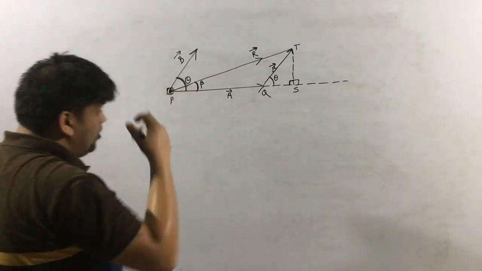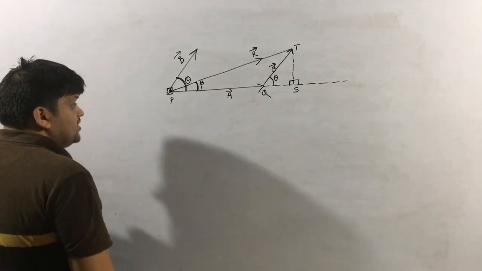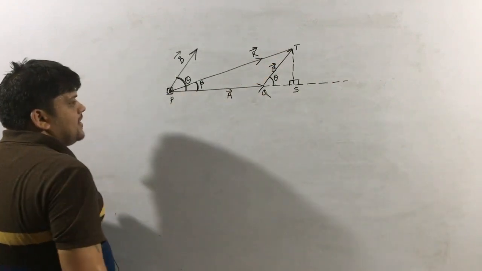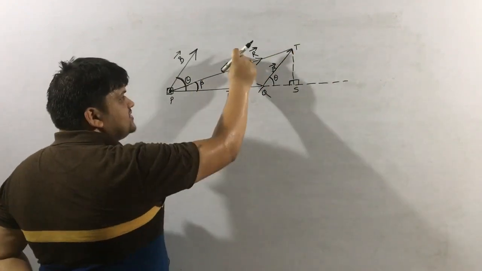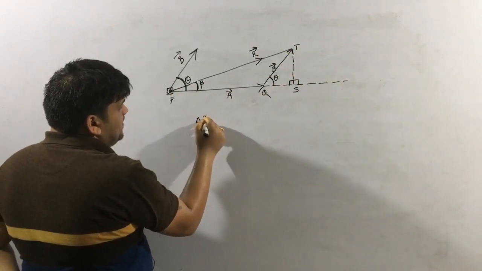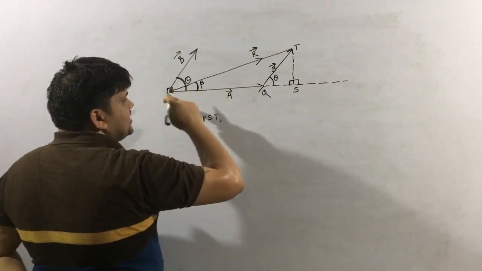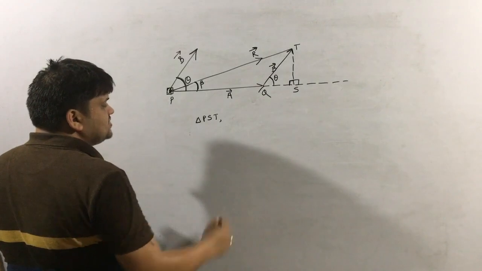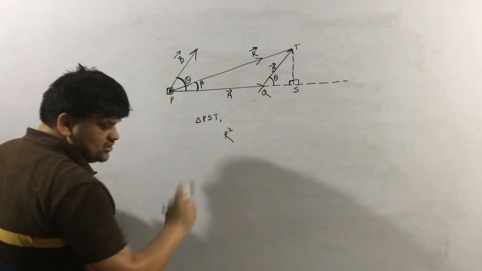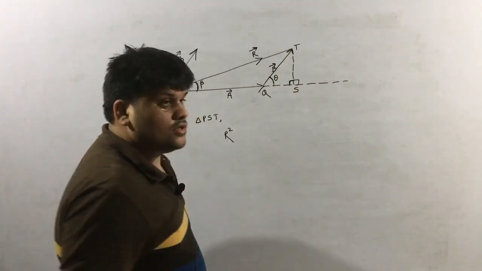Okay. Now let us write from this triangle. Or let me write what I want, this R. So from this triangle, the triangle PST, that is a right angle triangle. So obviously I can write R square. Remember, I am not writing here R vector square. Why? Because I am just finding out the length, not the direction.